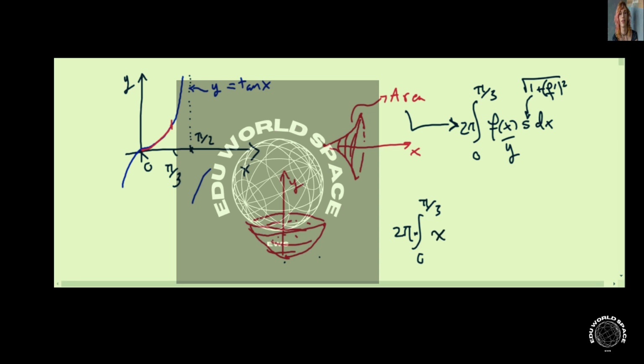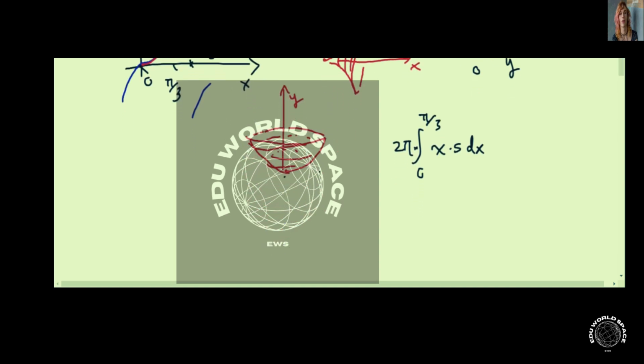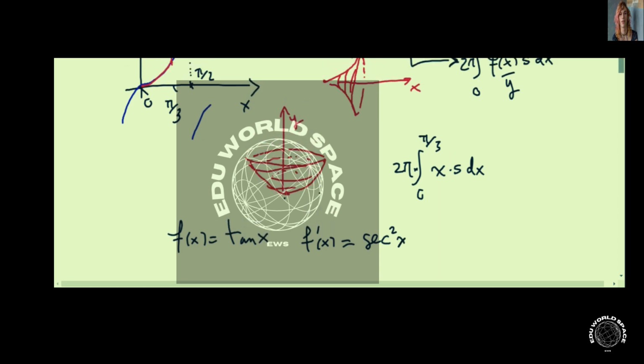So for this function, for f of x being equal to tangent of x, f prime is equal to secant square. The derivative of tangent is secant squared, so that over this integral,